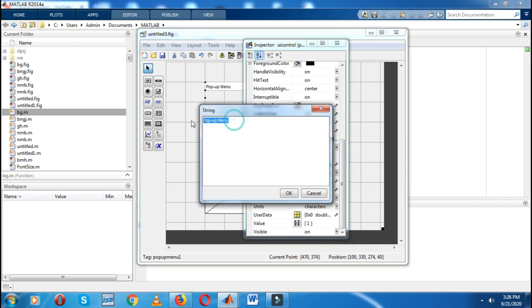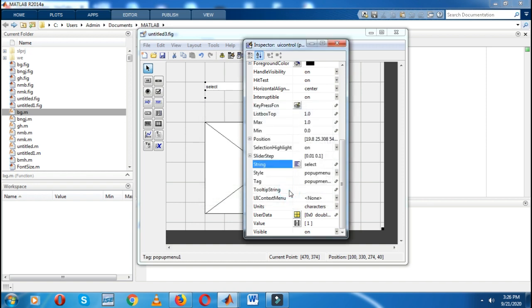In the string I will write the first as select, the second one as unit step function, and the third as unit ramp function. Okay, just click on OK. Like this you can take a lot of entries inside the pop-up menu, but for example I have taken only two, that is the unit step and unit ramp. Okay, so just cancel it.